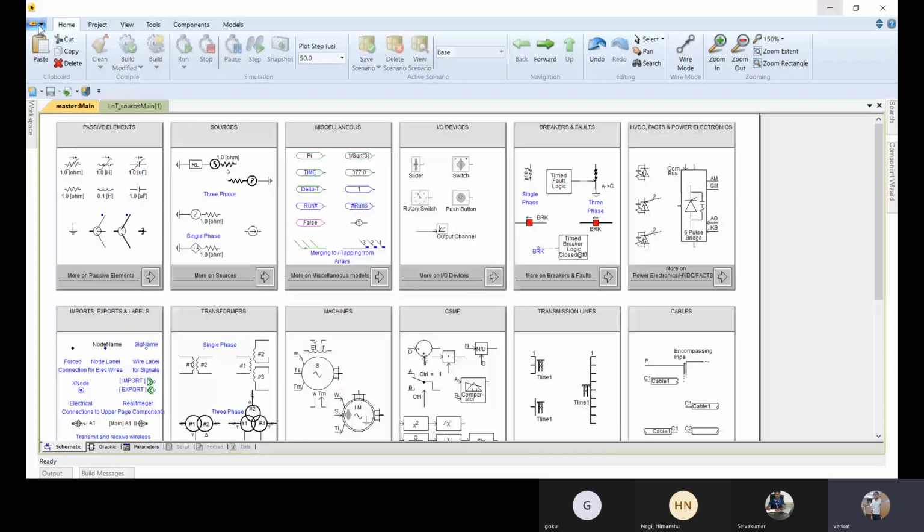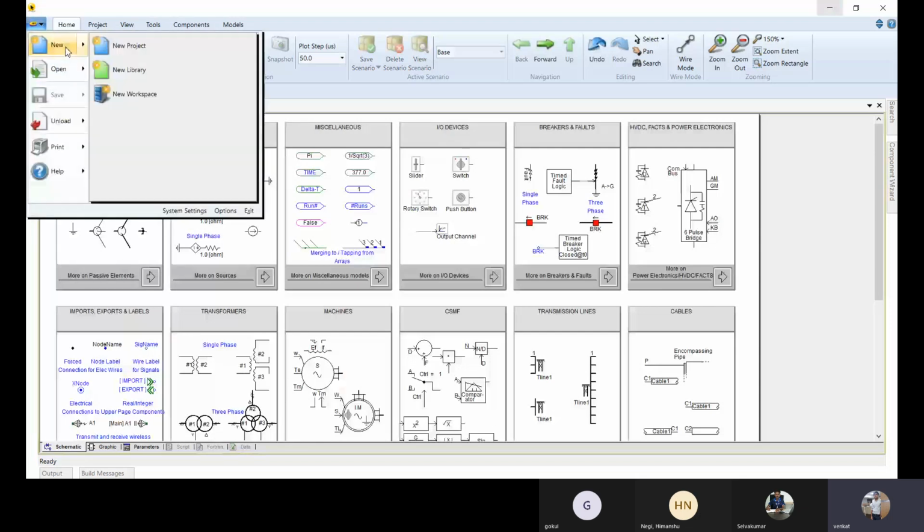Here you can see something in the left side corner. I hope you can see that it appears like a PSCAD button. When you hover your mouse here, the PSCAD button will appear. If you click there, you can see how to create a new file or new project or new workspace. They are all different.